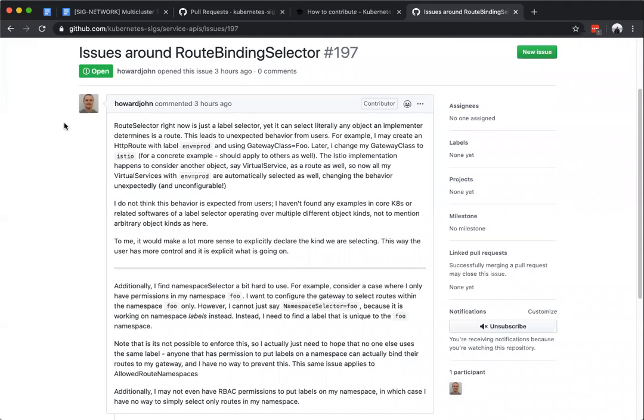especially if there are controllers or implementations that support a variety of different route types. This specifically came up in the idea of L4, potentially gateways being able to reference services or TCP routes. And in that case,